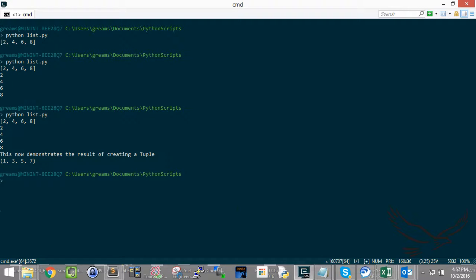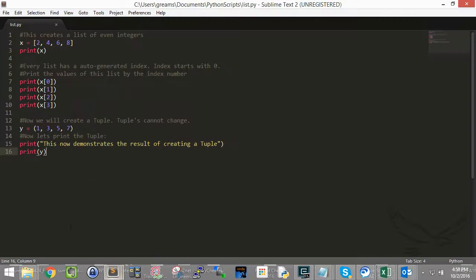Okay. So notice that when I printed a list, it was 2468, and I printed the tuple now, and the tuple's in parentheses. So that was pretty easy to do. I'm going to go ahead and keep up with this theme. I like this theme that we're doing. I'm going to go ahead and print